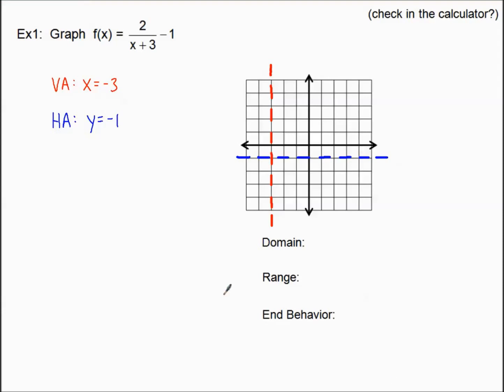Now we're ready to put the parts of our curve into our graph. When we're in standard form, the last thing that we can use to help us with some of the points on our graph is the numerator, the value of a. And in this case, a is 2. What I like to do with that is find the intersection of my two asymptotes. And whatever a is, I'm going to count 2 to the right,